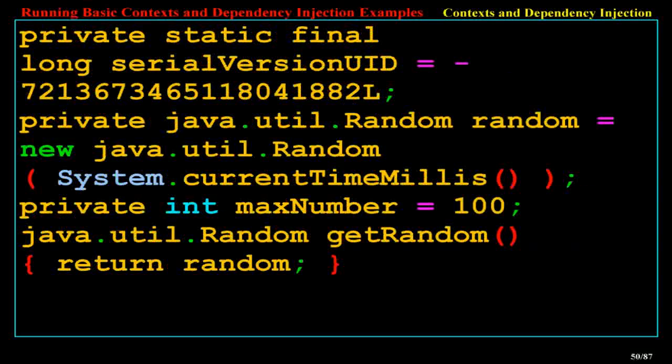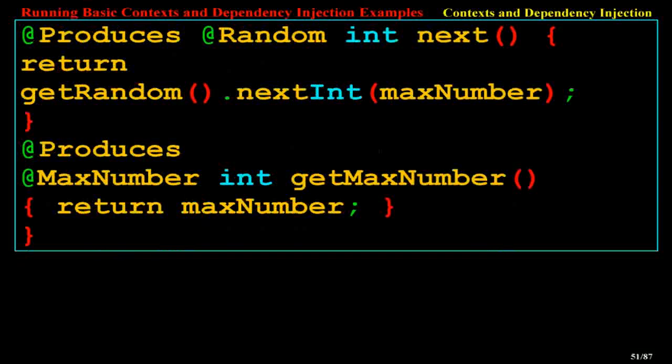private static final long serialVersionUID = -7213673465118041882L; private java.util.Random random = new java.util.Random(System.currentTimeMillis()); private int maxNumber = 100; java.util.Random getRandom() { return random; } @Produces @Random int next() { return getRandom().nextInt(maxNumber); } @Produces @MaxNumber int getMaxNumber() { return maxNumber; }